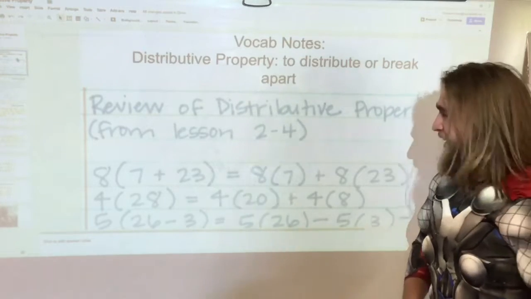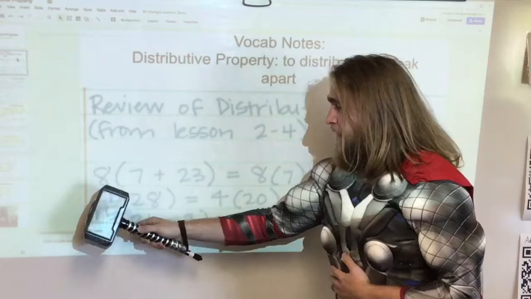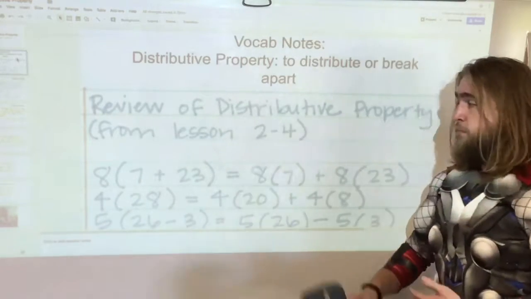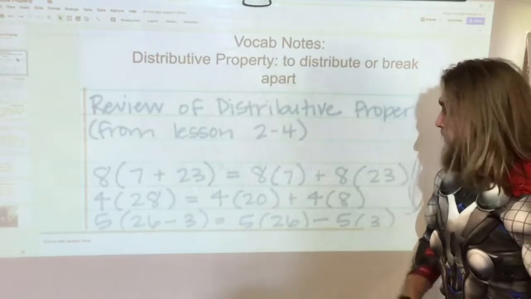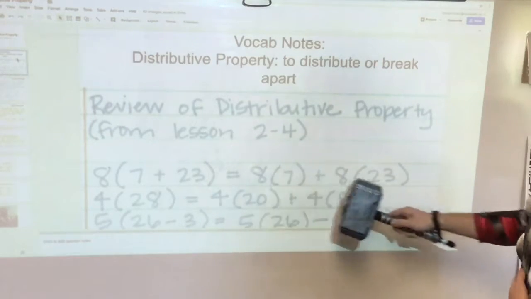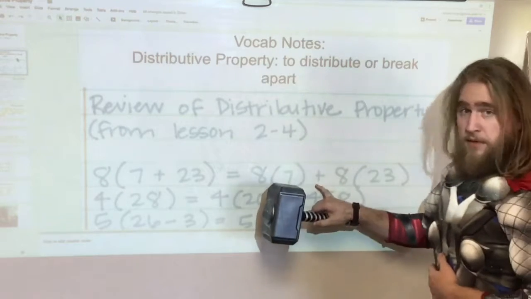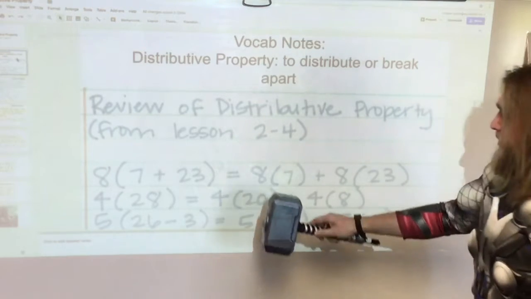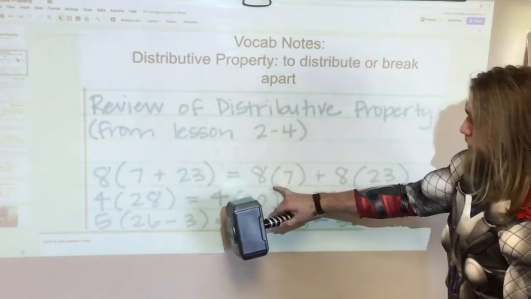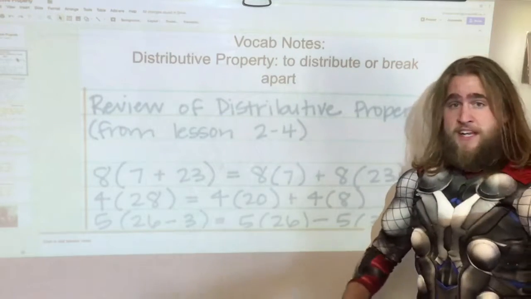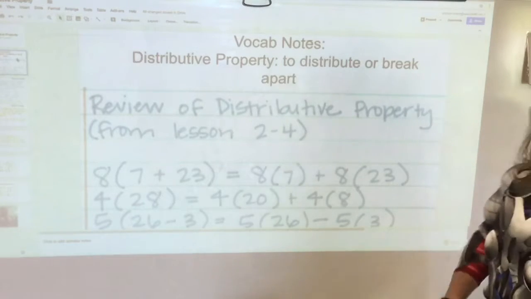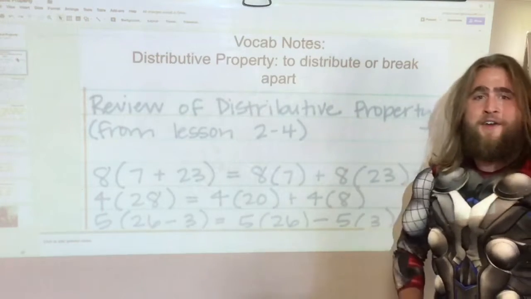first one with you. So in the first example, we have 8 times 7 plus 23. So in order to properly distribute the number 8, we will break apart the 7 and 23 into their own separate pieces, keeping the sign plus, and then multiplying each piece by 8. When you write it like this, 8 parentheses 7, that stands for 8 times 7. Now if you could please finish writing the slide in your notes, and unpause the video when you have that